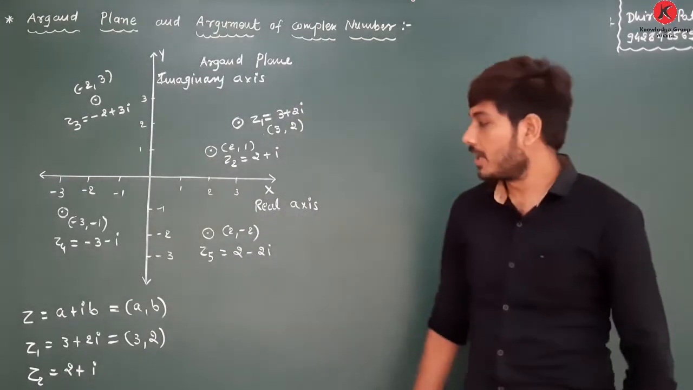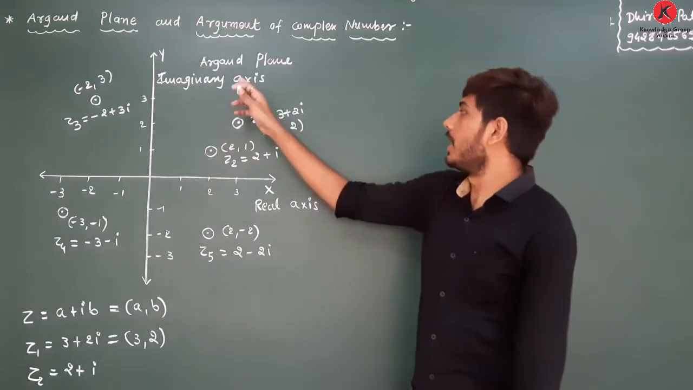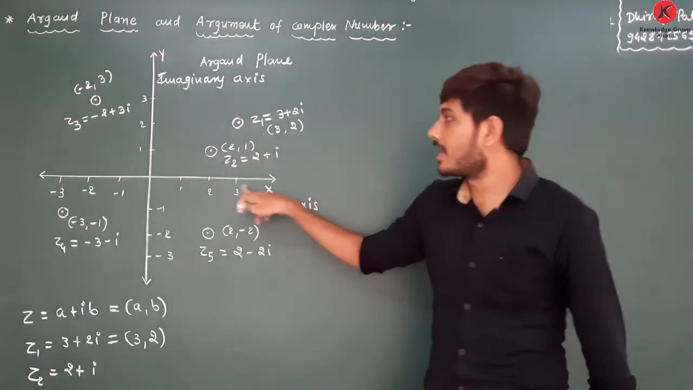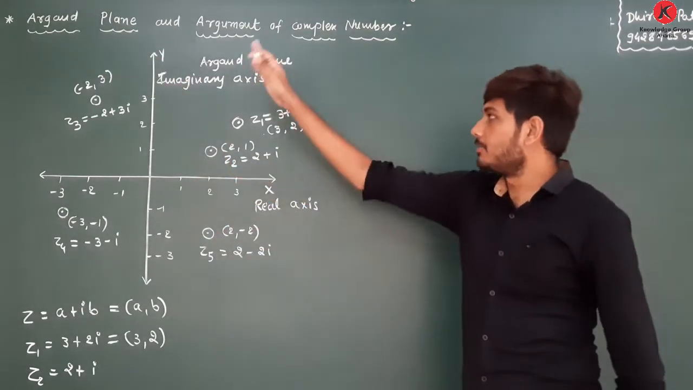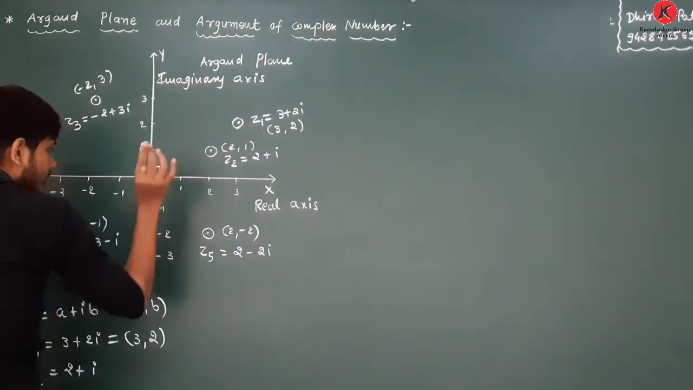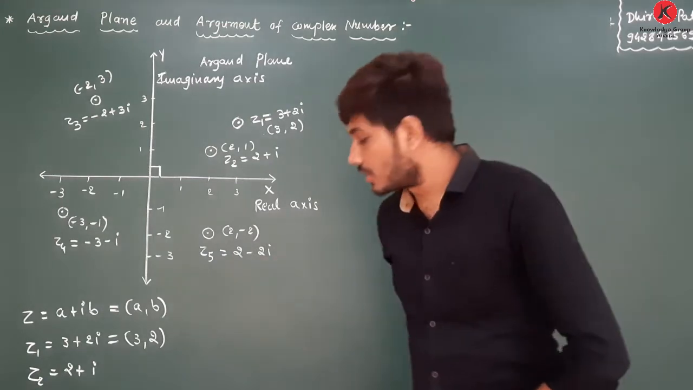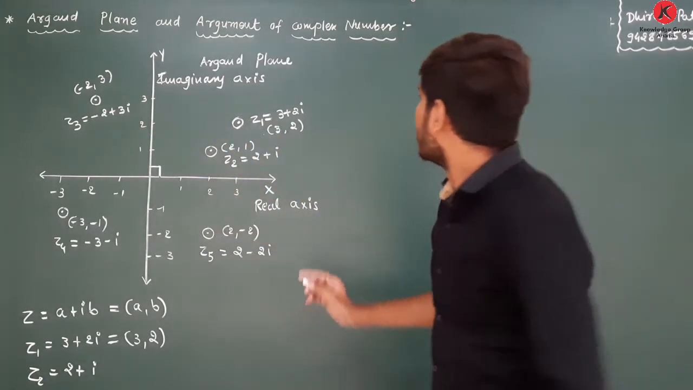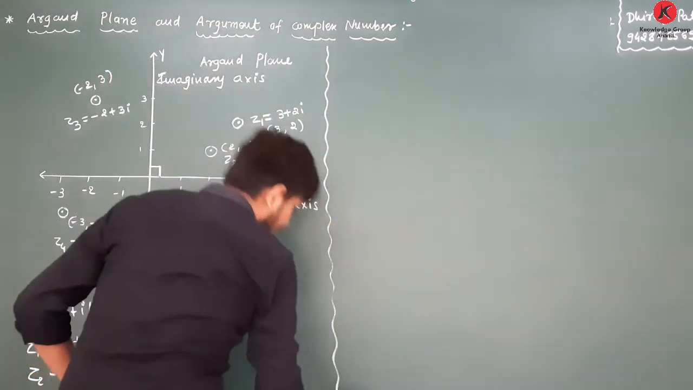Therefore, any complex number can be represented in the Argand plane, where the real axis is the x-axis and the imaginary axis is the y-axis. That means the real axis and imaginary axis are mutually perpendicular to each other. Clear? This plane is known as the Argand plane. Now we are going to discuss